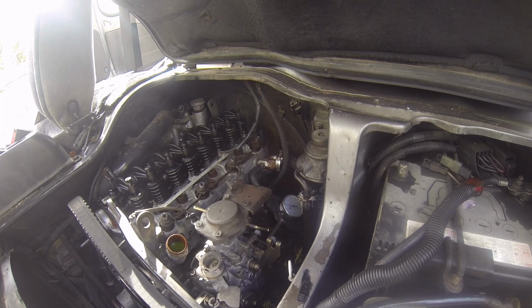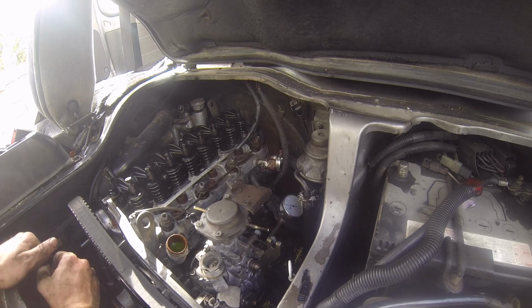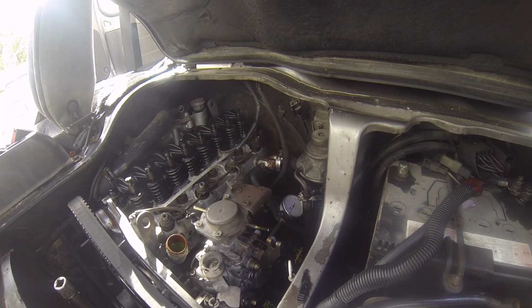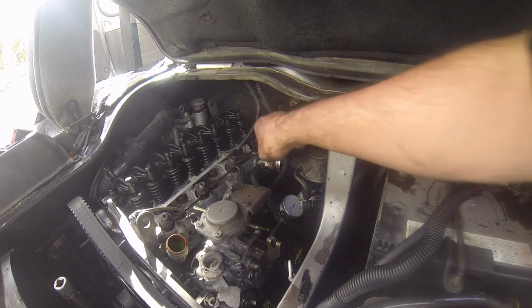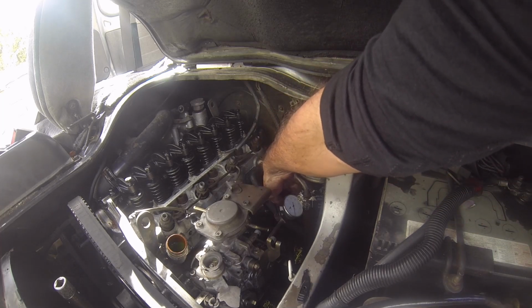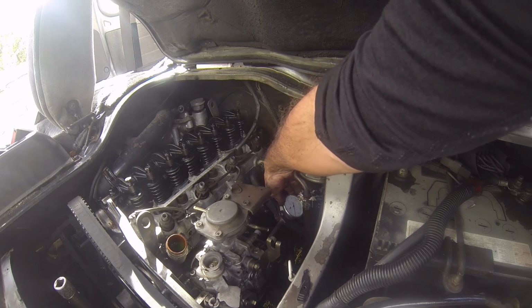So I'm going to start turning it backwards. Our 19mm nut on there. So you see the dial indicator starting to go backwards, and right there is where it stopped. So at this point we can zero our gauge. So that's zeroed,